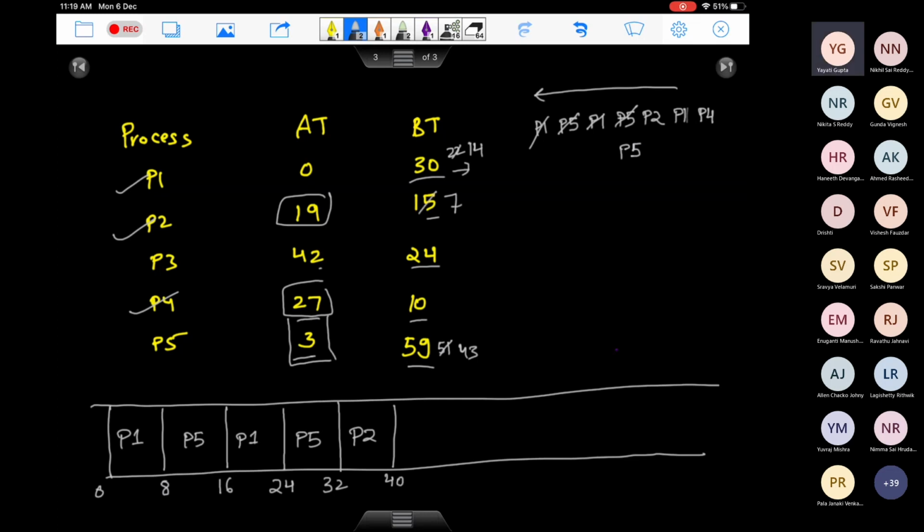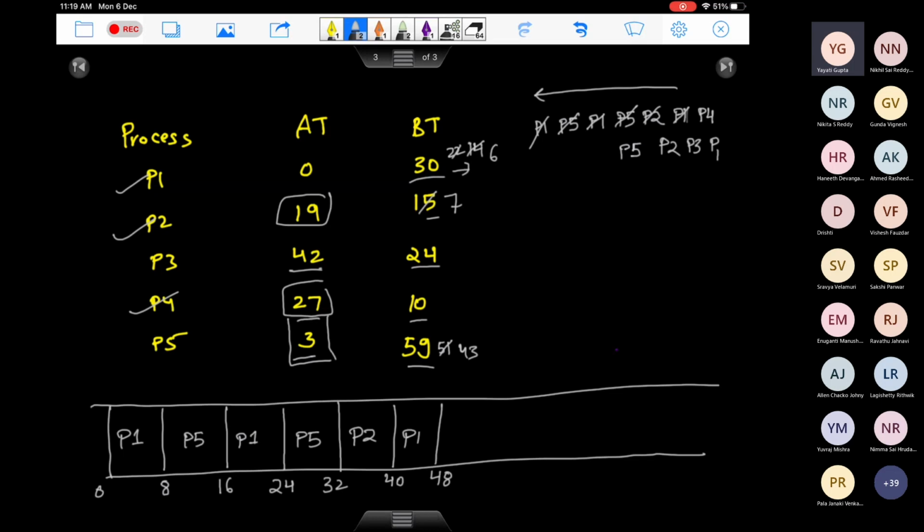Seven. And okay, during this time, no other process comes. All right. So P2 comes back here. Then we have P1, which executes till 48. 6 left here. Correct me if I make a computation mistake anywhere. And when this P1 was executing at time 42, P3 comes. So P3 is going to come here and P1 is here, right? So now you have all the processes in your ready queue.